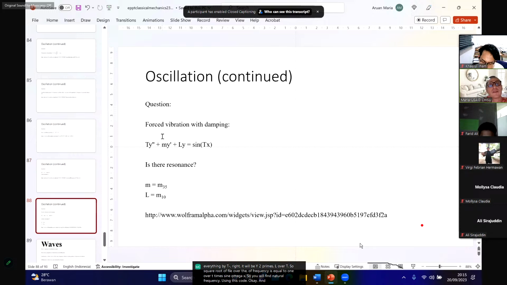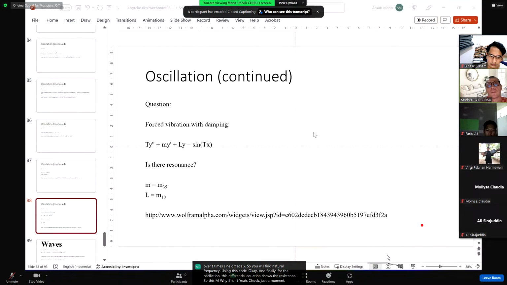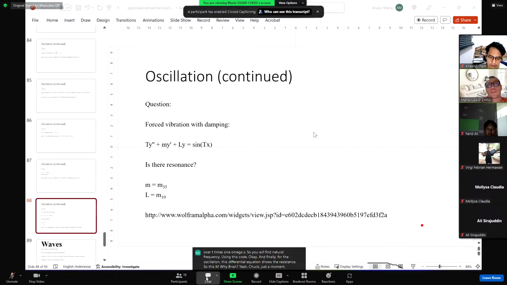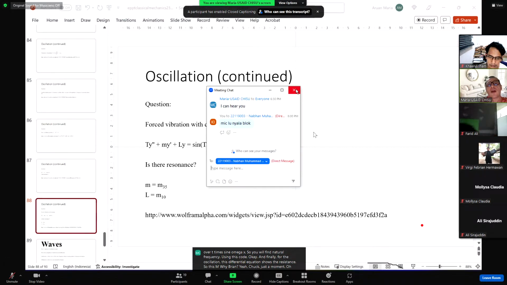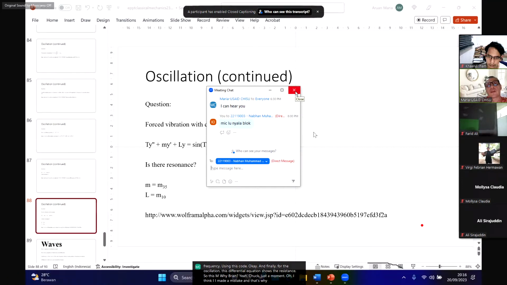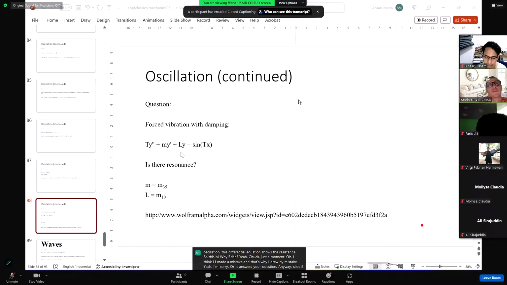And finally, for the oscillation, this differential equation shows the resistance. So this m y prime, yeah, Chuck, just a moment. I think I made a mistake and that's why I drew by mistake. Yeah, I'm sorry. Hope it answers your question. Anyway, slide 88